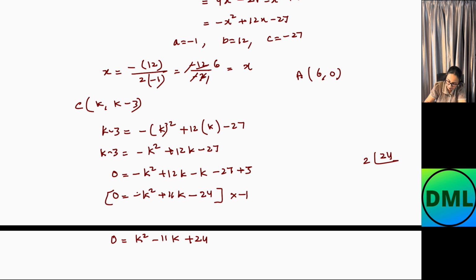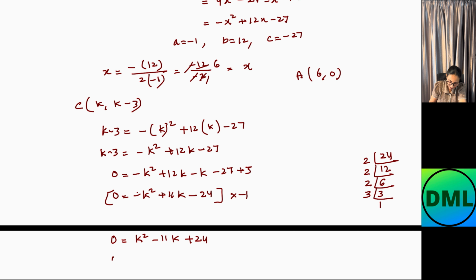24 is divisible by 2, so it will be 12 here. Again it is divisible by 2 and it is 6 here. Again it is divisible by 2 and it is 3 here. Now it is divisible by 3 and it will be 1 here. I need to make the combination in such a way that I should get 11. If I multiply 2 times 2 times 2, that will be 8. 8 and 3 is going to give me the answer as 11.